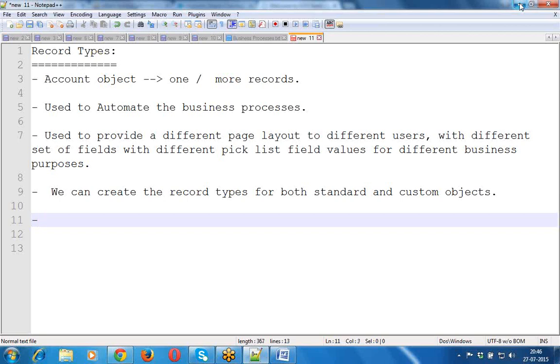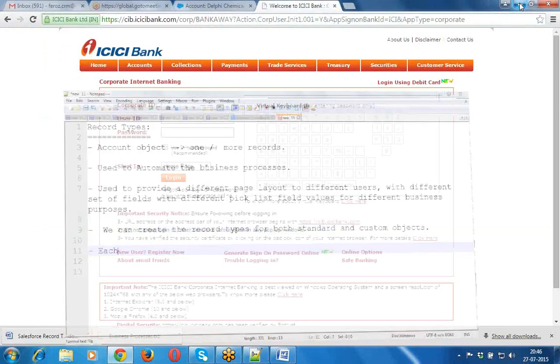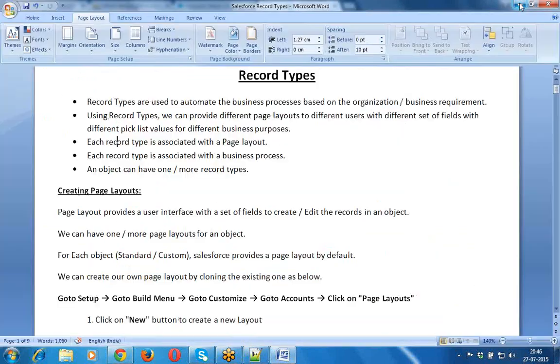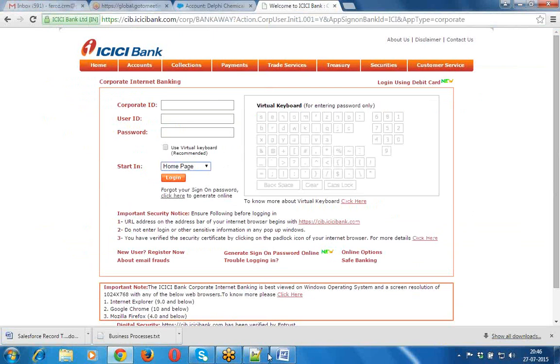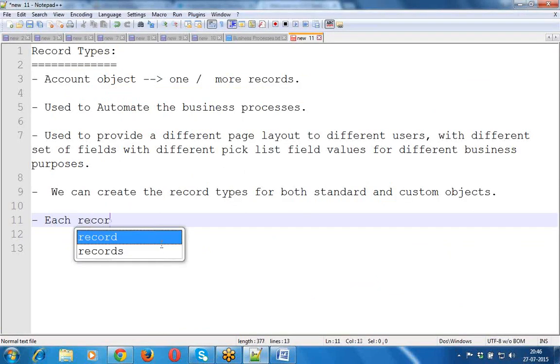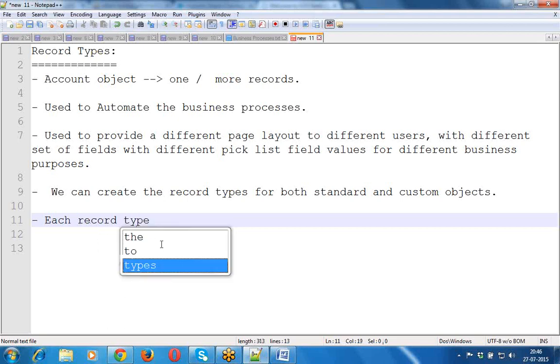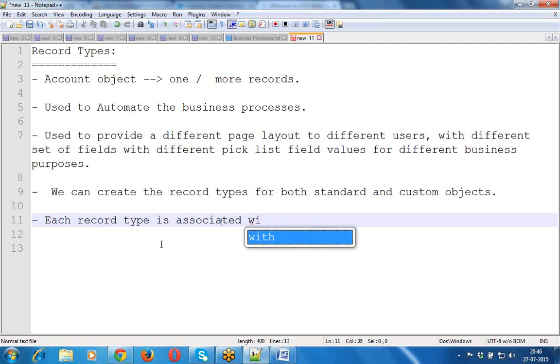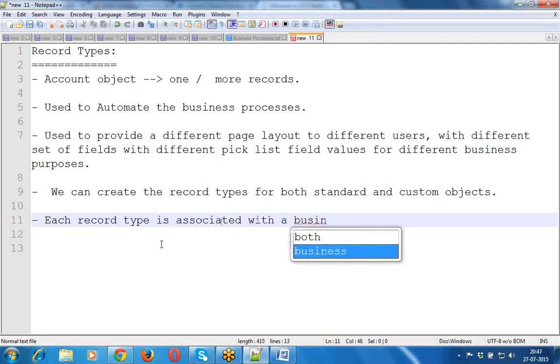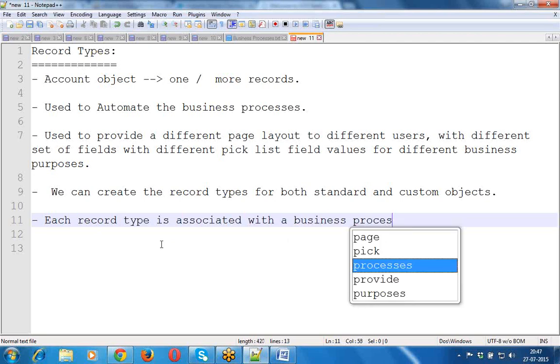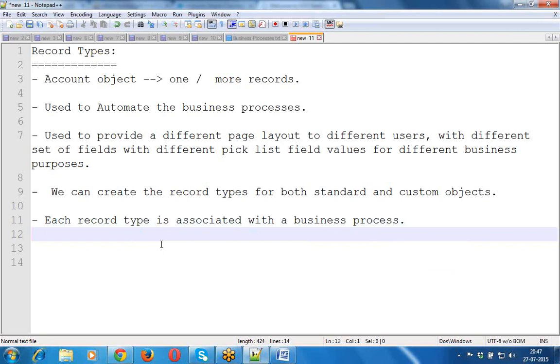Now the main purpose of record type is that each record type is associated with the business process.